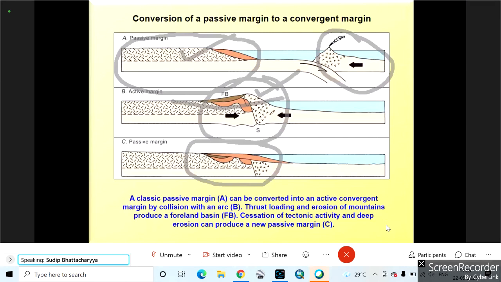We are getting a particular association in any stratigraphic column like this, the second one, B. We are getting this molasse type of sediment, this continental type, and with this some oceanic sediment. What I can tell you is that the tectonically sealed area, where no tectonic activity is going on, is your cratonic sealed area. So if in a sedimentary basin